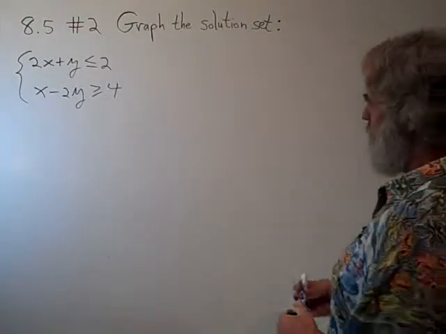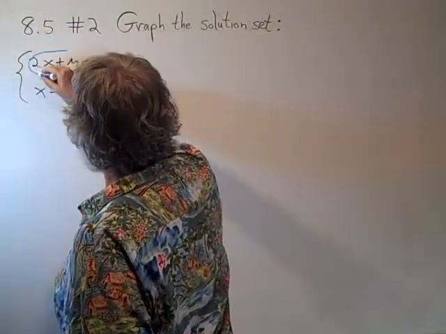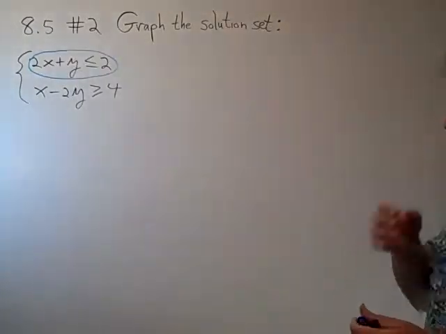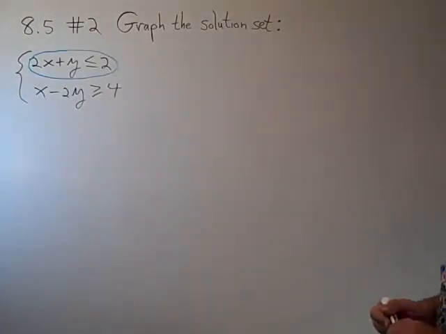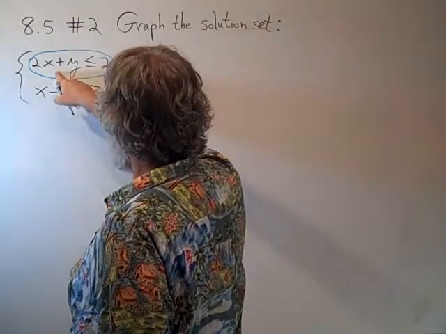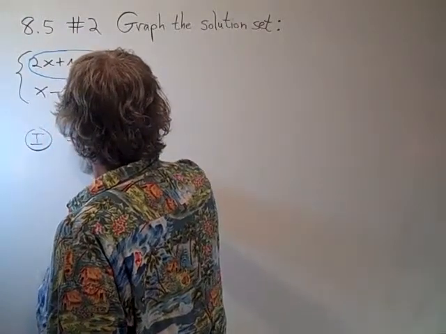To graph the solution set of this system of linear inequalities, we graph each inequality separately and then look for the overlap of the two solution regions. That'll be the solution of the system. Okay, so to graph the first region, the two-step process is to first graph the line